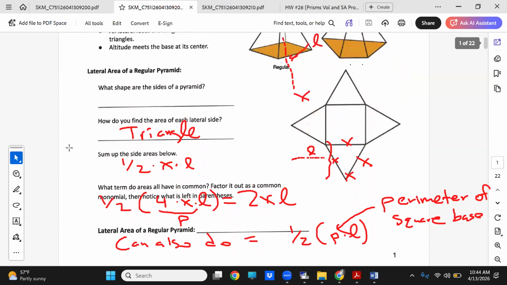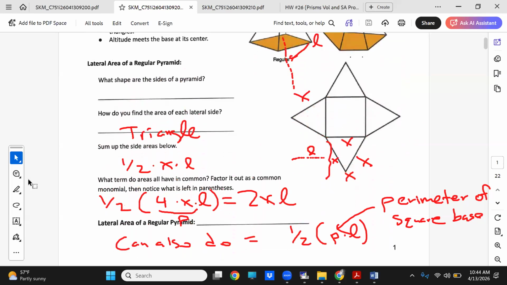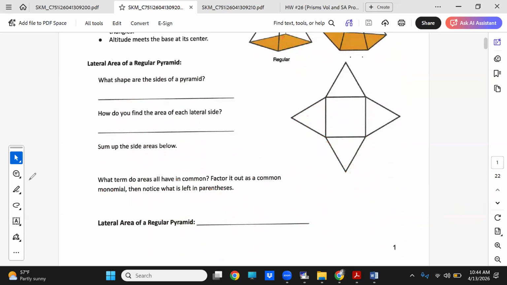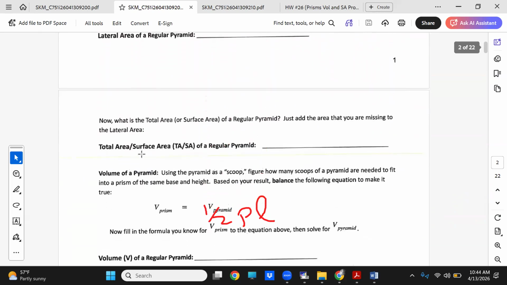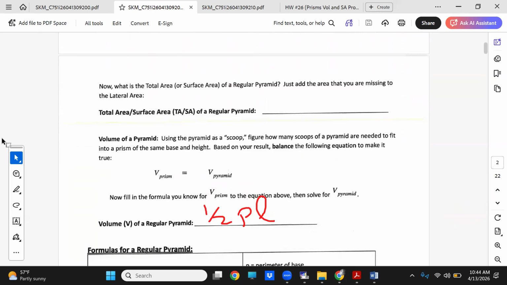So the way you can express the lateral area here is 1/2 PL, where P is the perimeter. So it's kind of similar to what we did with prisms. We did perimeter times height. It's a little similar, a little different. But remember, you have 4 triangles, right? So the total surface area is going to be your lateral area plus